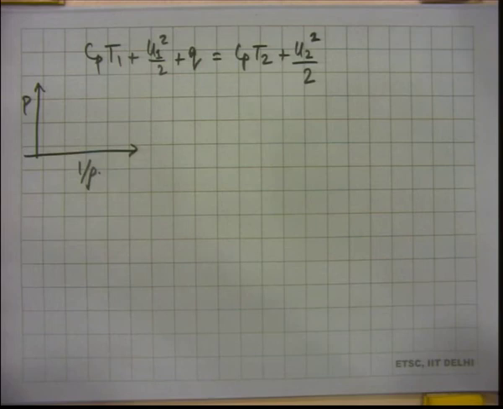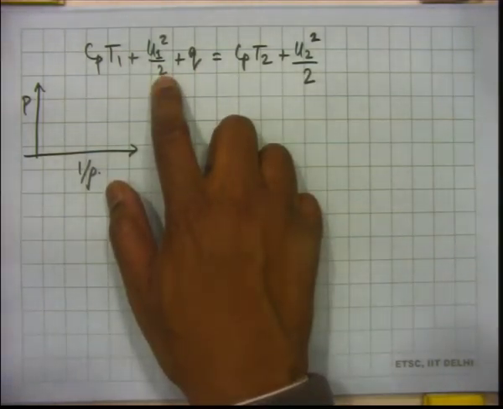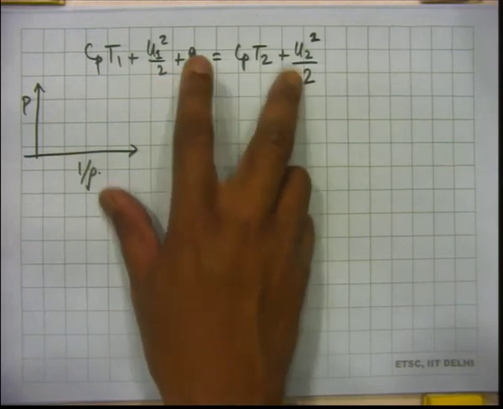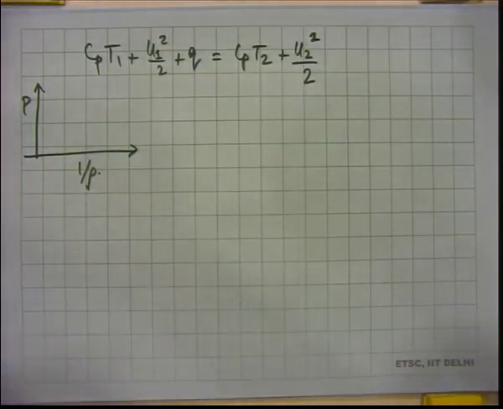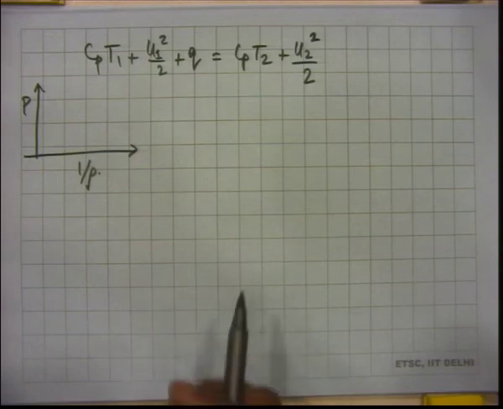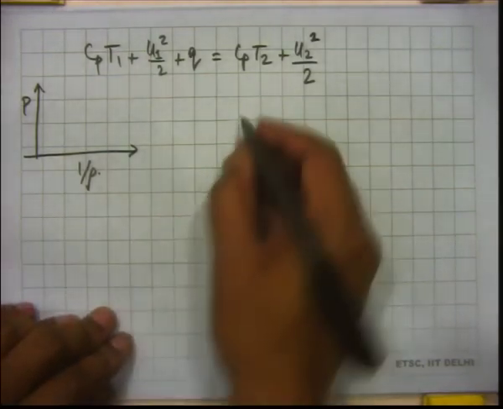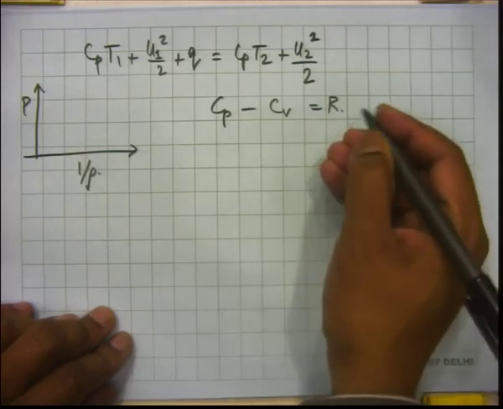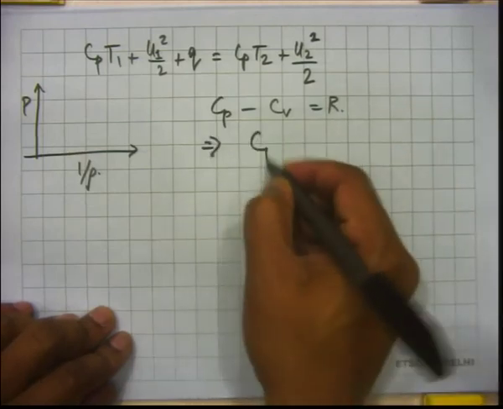And the other thing is we will also have to replace u1 squared by 2 and u2 squared by 2. Now, here also I think since we are running out of time today, I will just give you a broad idea. So, Cp minus Cv is R. So, that means Cp